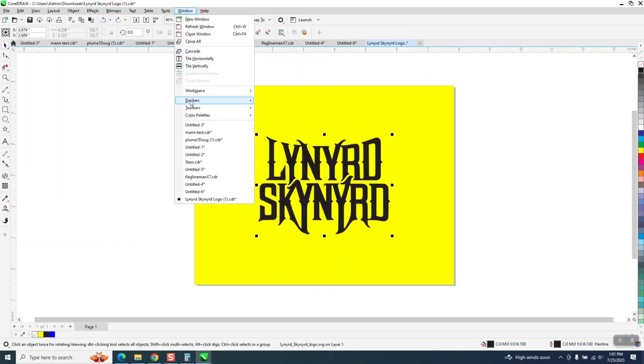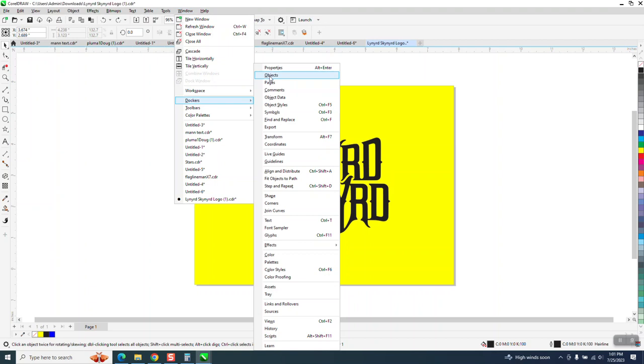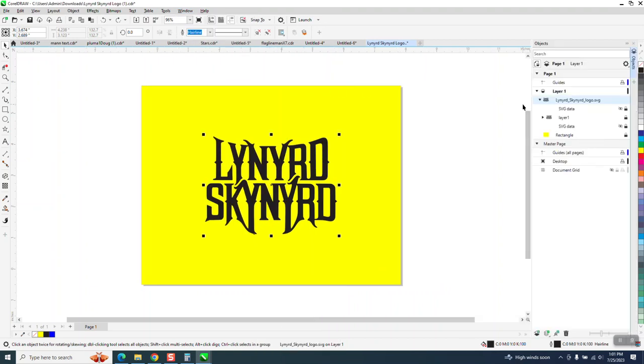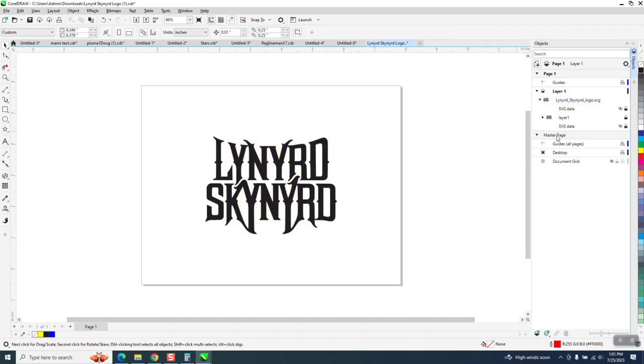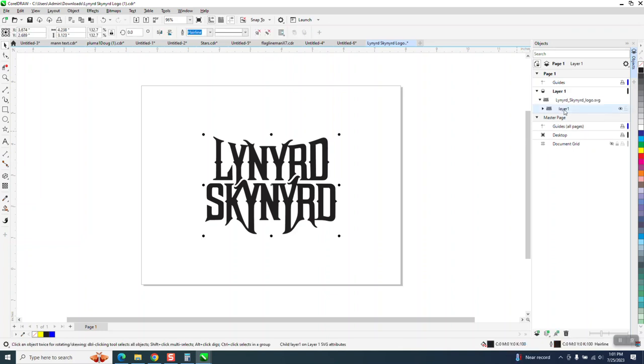I went to Windows and Dockers and Objects, and I don't understand SVG data, and everything's locked. You can see the rectangle's locked. I can unlock it now. I can check the rectangle. I can delete it. I can take the data and I can unlock all this stuff, and I can delete the data. Then I can get back on my logo, and